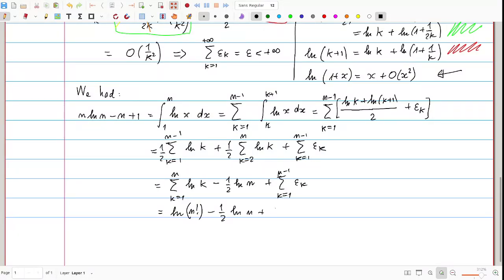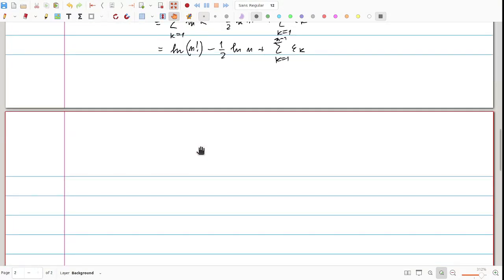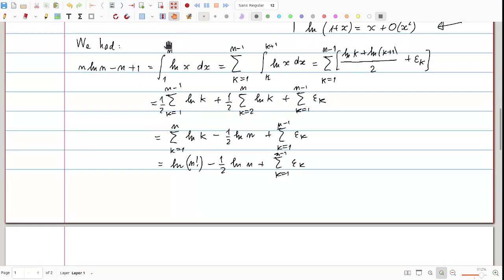And now we have only to solve for the logarithm of n factorial, and we get that this is equal to this formula here, which is